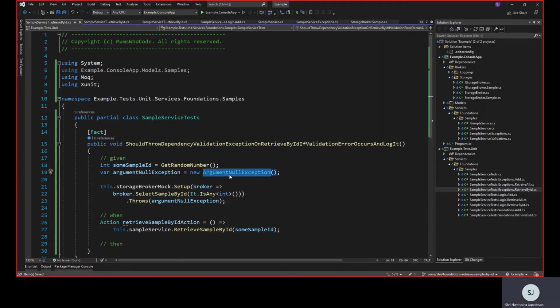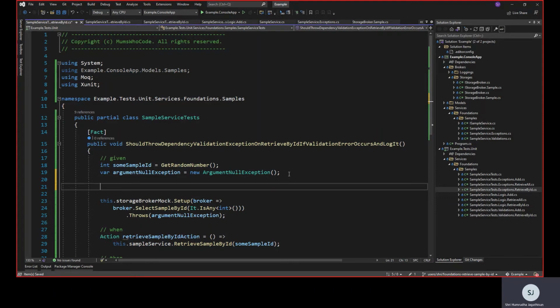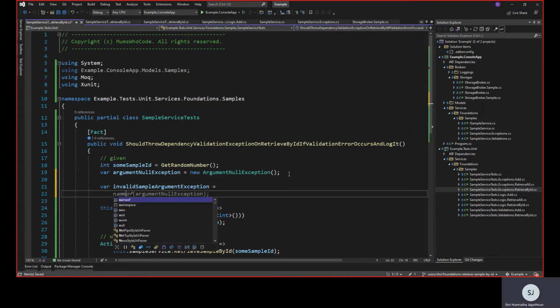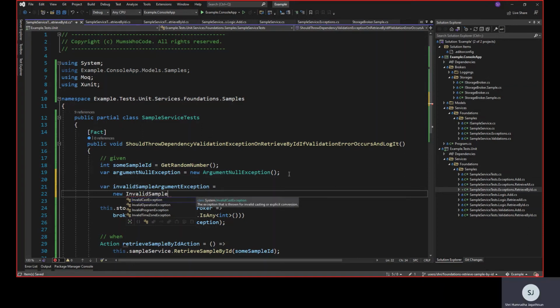Now, since this is an external error, what we want to do is localize it and then categorize it. So what can I localize it with? I can say var invalidSampleArgumentException, and then, because this is the first time we're going to use invalid sample argument,